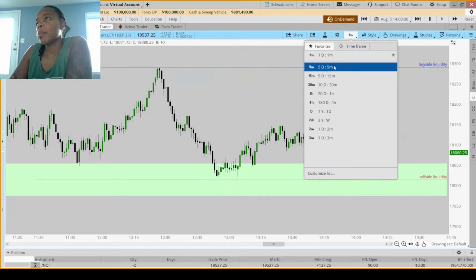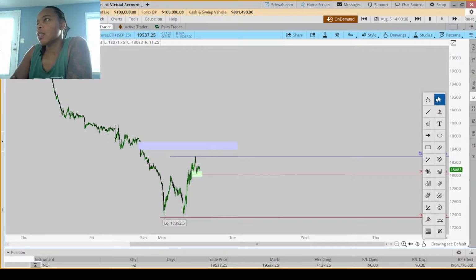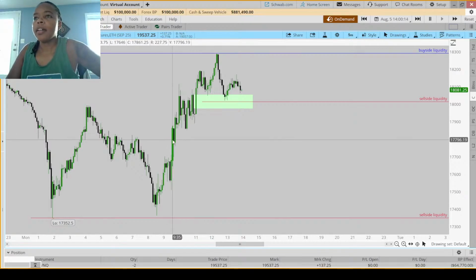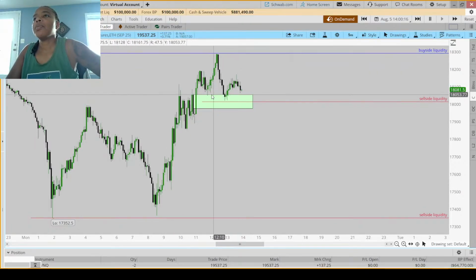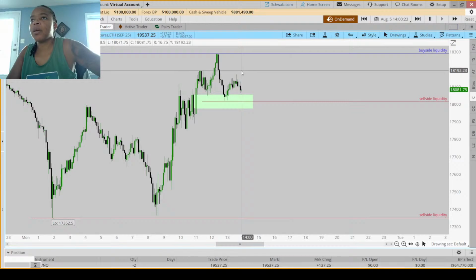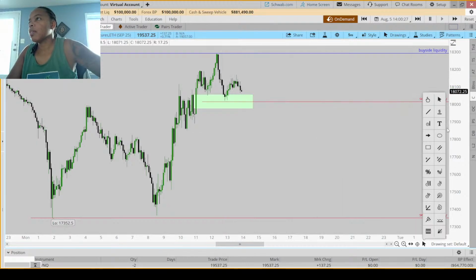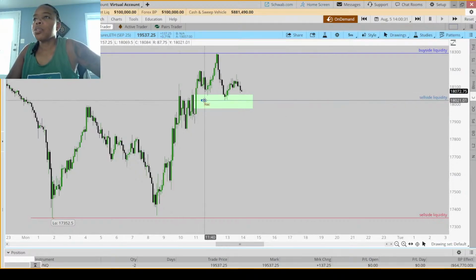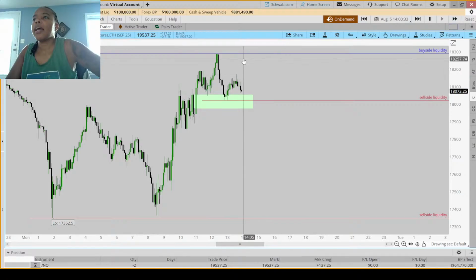So let's nip up to the 5 minute just for funsies and see what silly range we've been sitting in since 9:30. Like, come on. We did have a shift here on the 15. It's not strong, and we haven't tapped into anything juicy up here. So I'm hoping to see some follow through. Again, sweep, shift, and I wouldn't even be going for these highs. I'd just go for these equal highs.